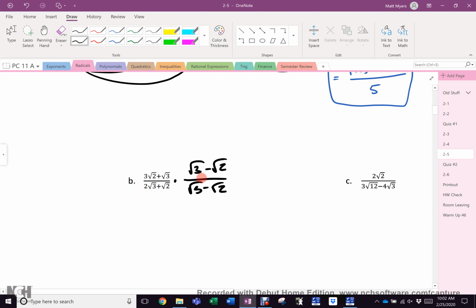If we did this, I would get 2 root 9, right? That's cool. Minus 2 root 6. That's cool. And then what would happen when I did root 2 times root 3? It would only be 1 root 6. Would my root 6 disappear? No. So when we have